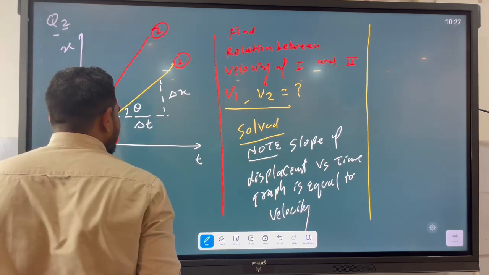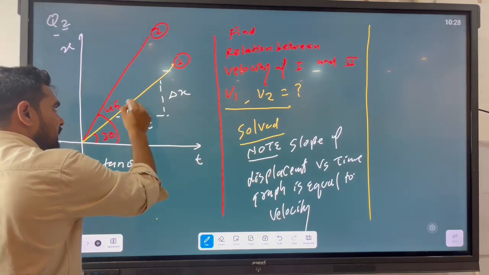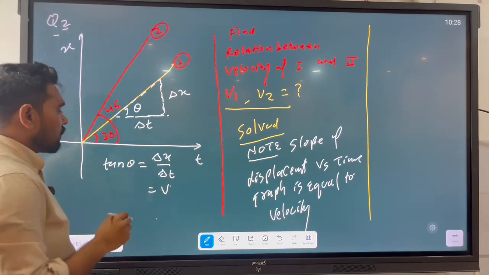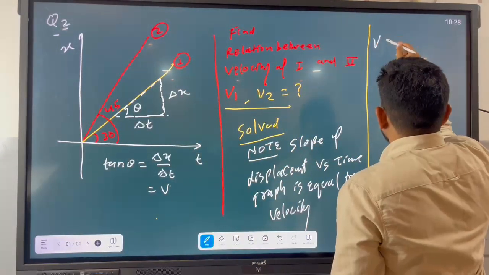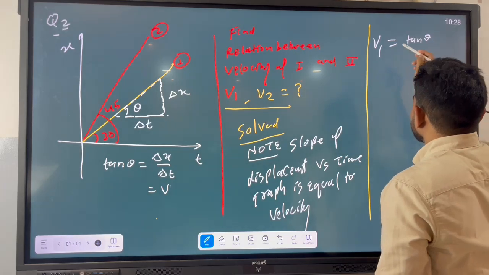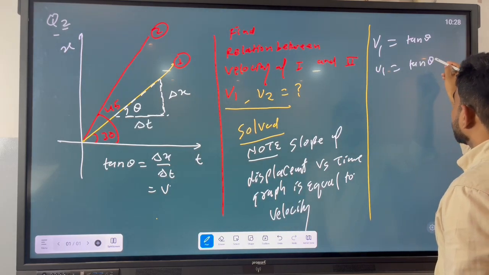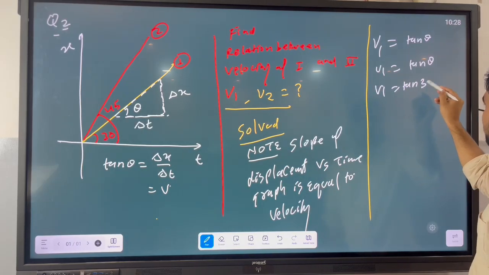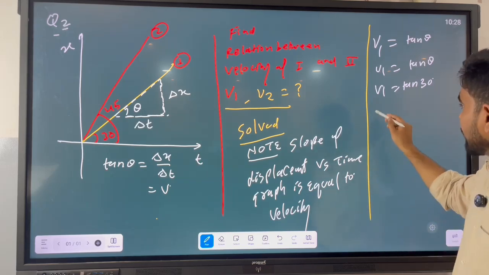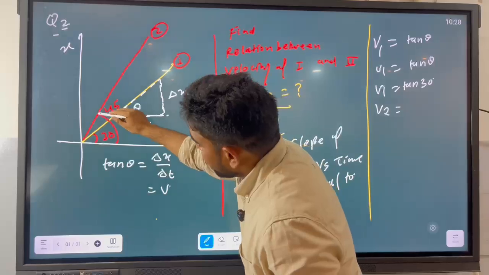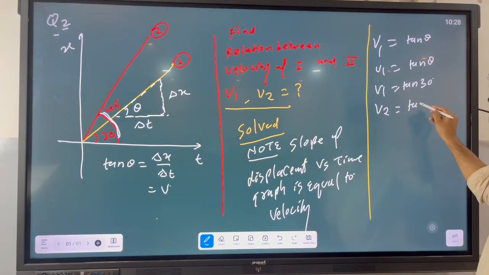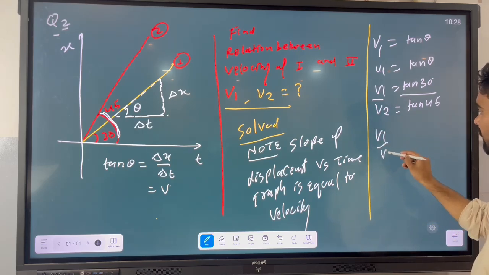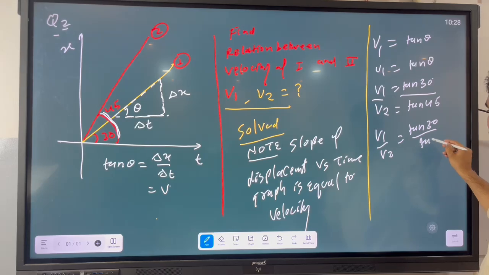and this is delta x, and tan theta equals, from this right angle triangle, delta x divided by delta t, and this is equal to velocity. For the first object, velocity v1 equals tan 30, since the first object's angle is 30 degrees. For the second object, the slope is 45 degrees, so tan 45. For the relation between v1 and v2, dividing both equations, v1 divided by v2 equals tan 30 divided by tan 45,